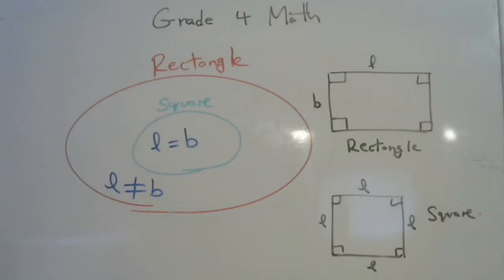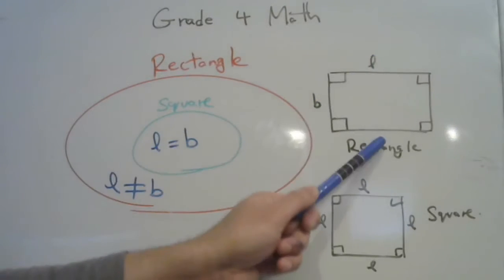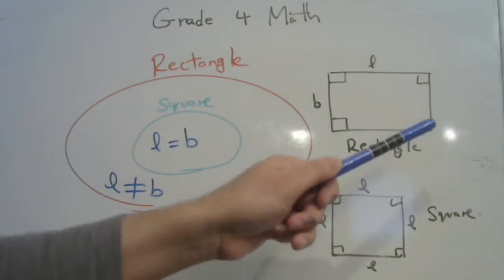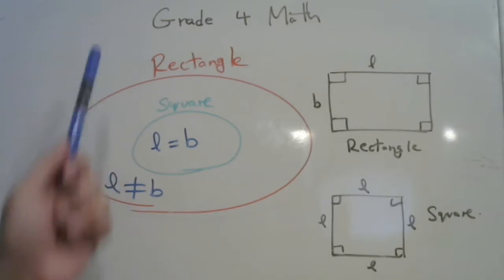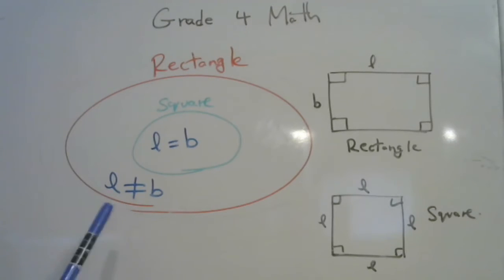So the common properties are they both have four sides and the sides form right angles, but the difference is in a square all the sides are equal, and in a rectangle two sides and opposite sides are equal, but the length is not equal to the breadth. But in a square the length is equal to the breadth. All right, so now knowing this, that a square is a rectangle but a rectangle is not necessarily a square,